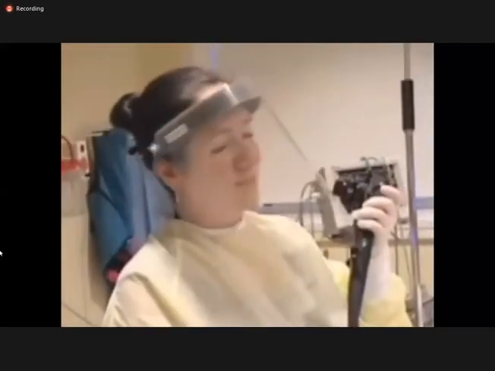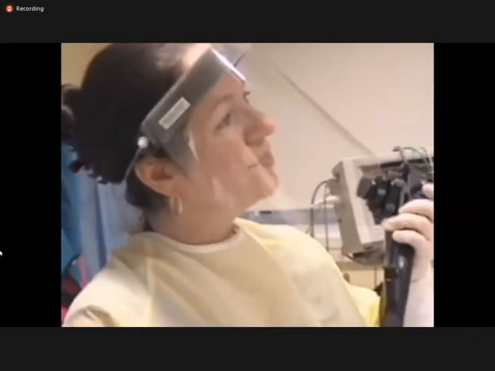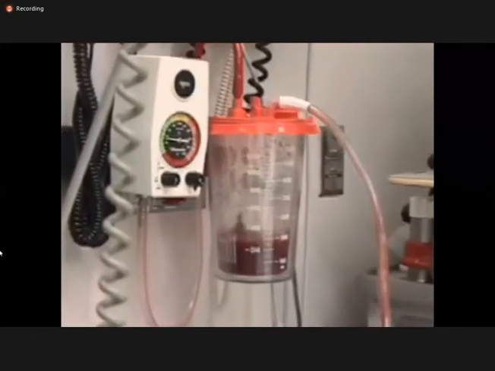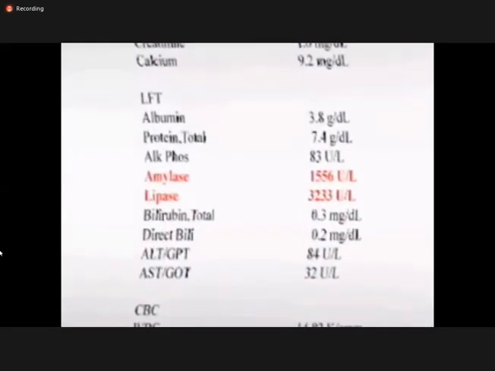Evacuation of blood and clots from the stomach may facilitate the endoscopic visualization of the gastric and duodenal mucosa, and the return of bright red blood does provide prognostic information. Nasogastric intubation and gastric emptying may be beneficial in patients with severe pancreatitis and associated ileus. However, it has been shown that NG tubes are not